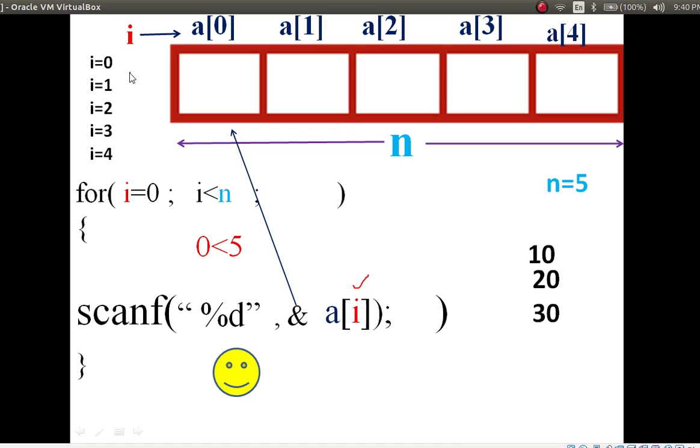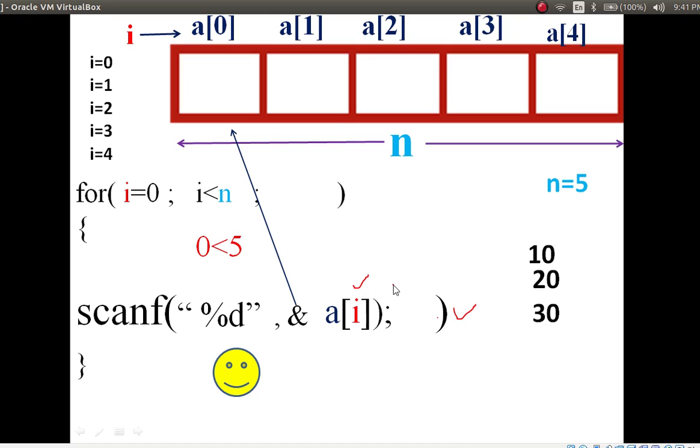If there were no for loop, you would have to write scanf %d address a of 0, a of 1, a of 2, 3, 4 and so on. It would take a lot of time, isn't it? Within a single statement we have to execute our program. That's why we take a single variable i. i has the values 0, 1, 2, 3, 4, and these values are automatically stored in variable i.